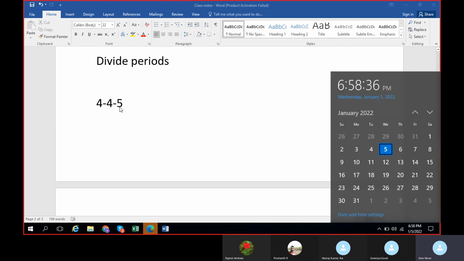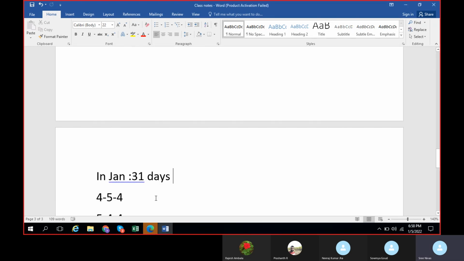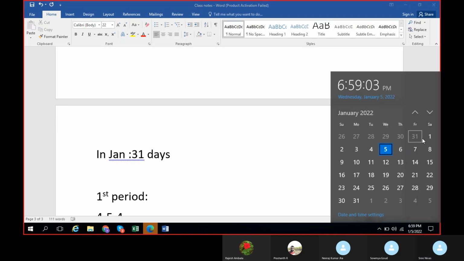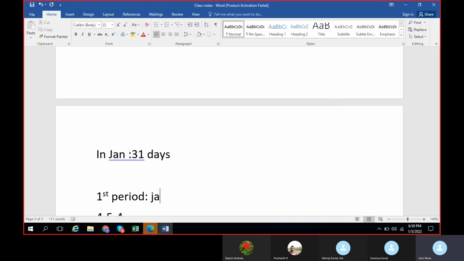So let us assume it is a 4/4/5 calendar. January 1st to 31st, we will try to divide this into 4/4/5, like 1 to 4. So the first period will be for only 4 days, that is from January 1st to 4th.